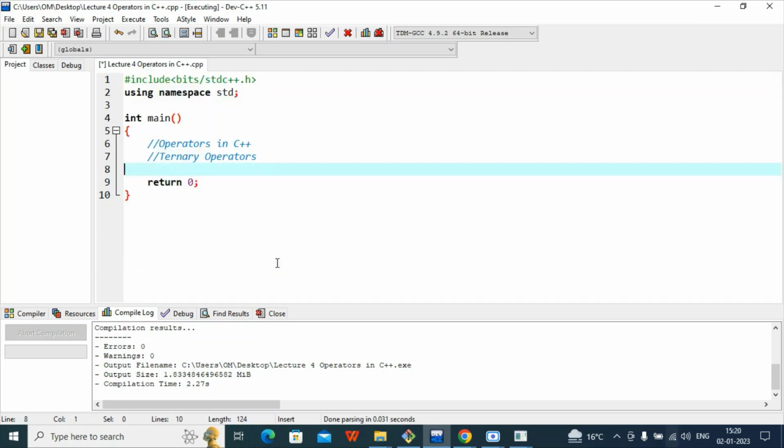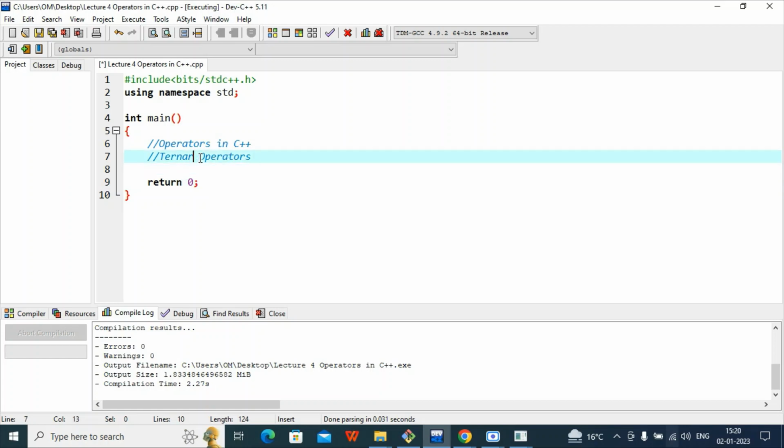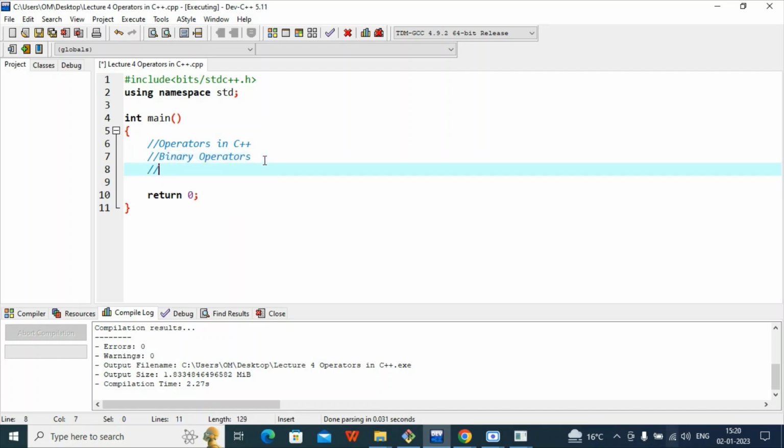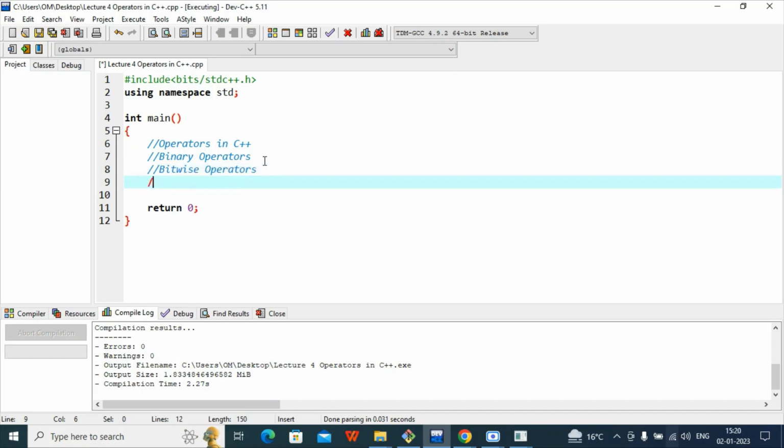Bitwise operators are very useful for mini calculations, but crucial calculations. Bitwise operators fall under the category of binary operators. Before proceeding to this topic, I would like to ask you, do you remember that I